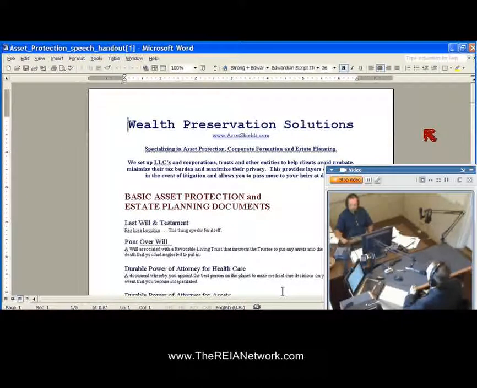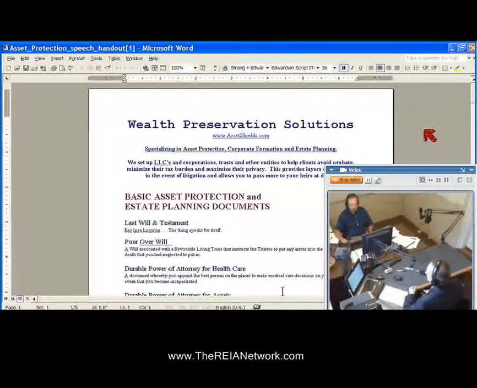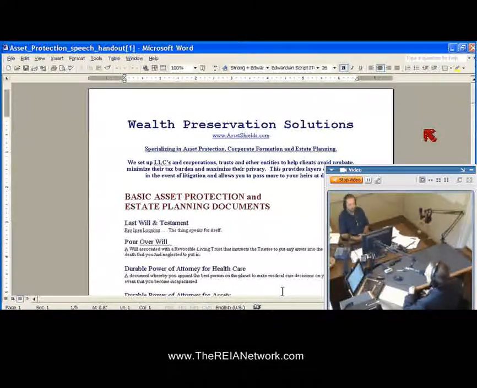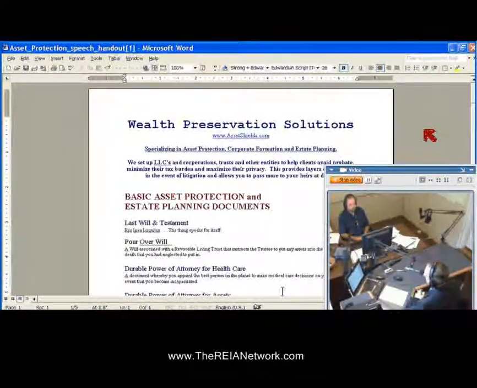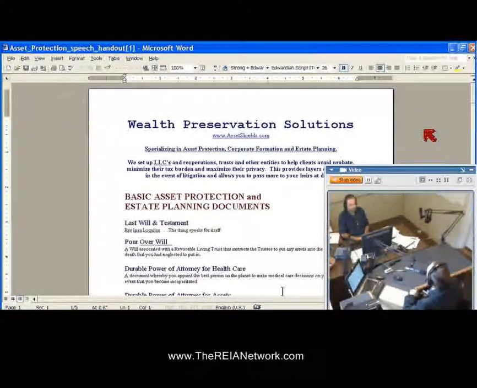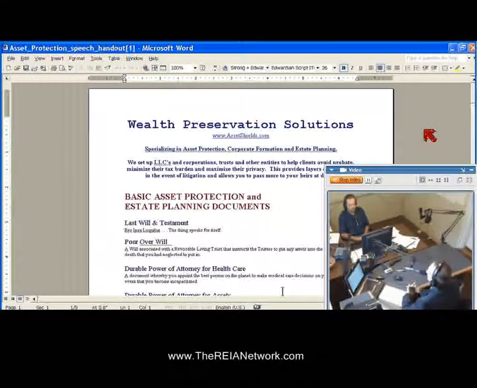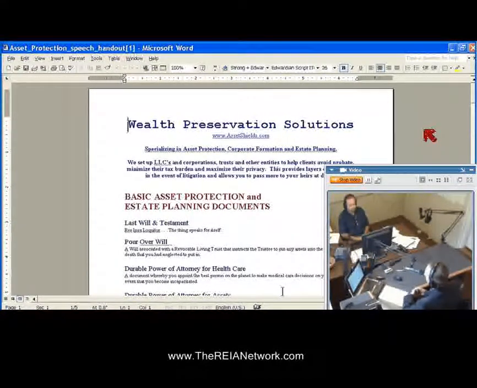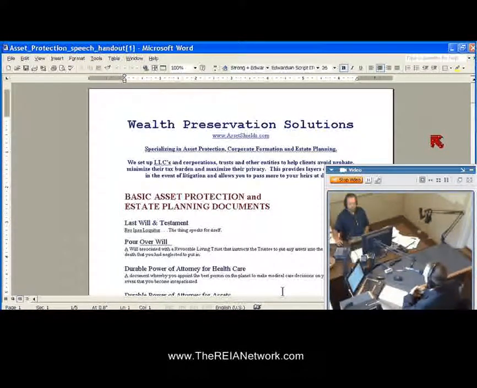Essentially, what I do through the use of trusts and LLCs is help clients avoid probate, minimize their tax burden, and maximize their privacy so that folks can't take what you've worked hard for easily. You want to make it as expensive, as time-consuming, and as painful for them as you possibly can if they're going to sue you. So the term asset protection seems rather self-evident, but what you're really trying to protect yourself from is not just lawsuits, but taxes, in my way of thinking. That's what I try to do for my clients.